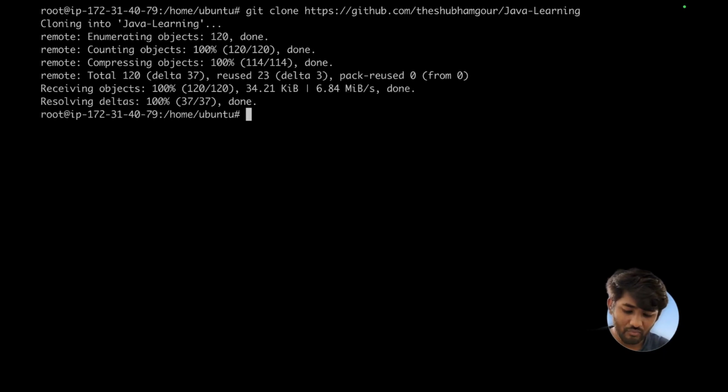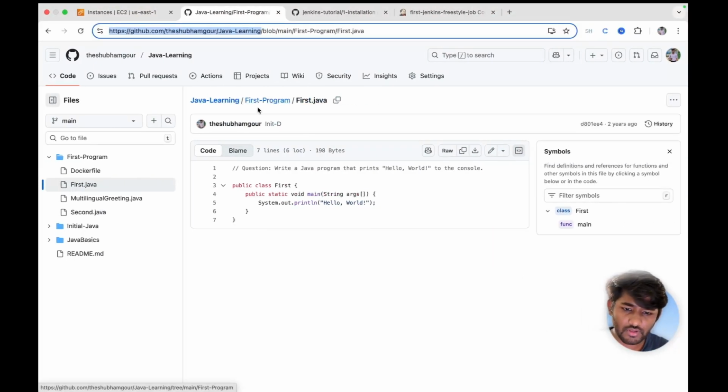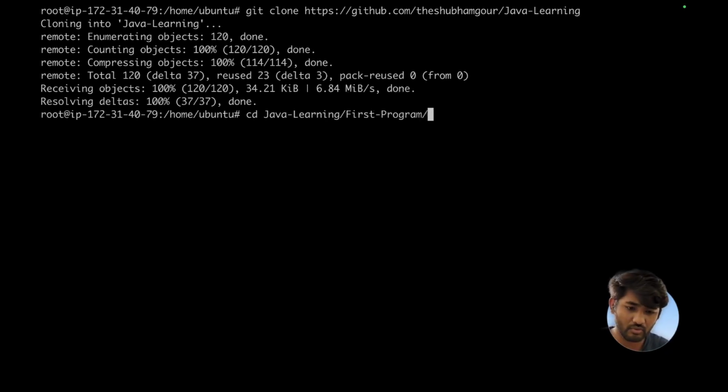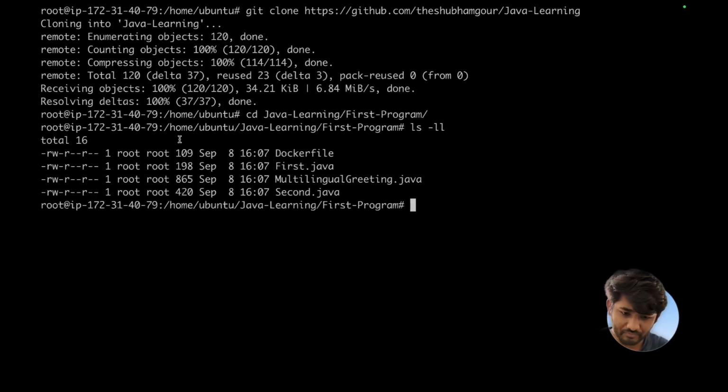Now the first thing is done. The first command which we executed was cloning of the repo. Next we are going to go inside Java learning. And if you see, the file is currently present under first program. So let's go to first program, and if you do ls -l, here is the first Java file. Now, how do you run a Java program? First, you need to compile it and then you can run it. So, javac